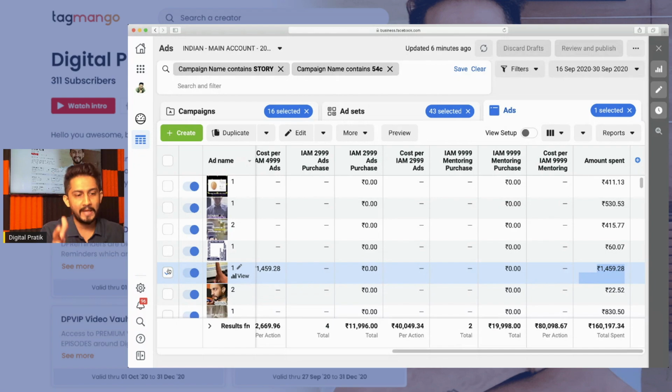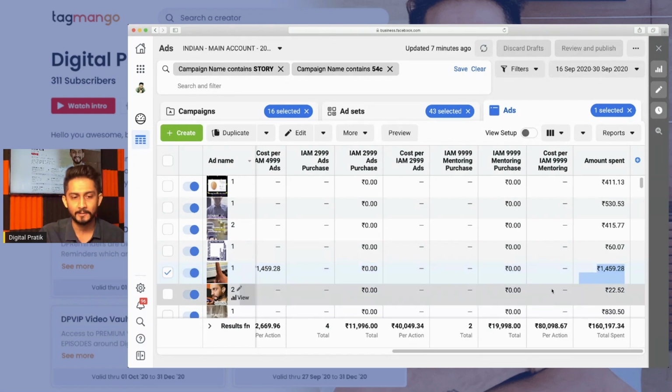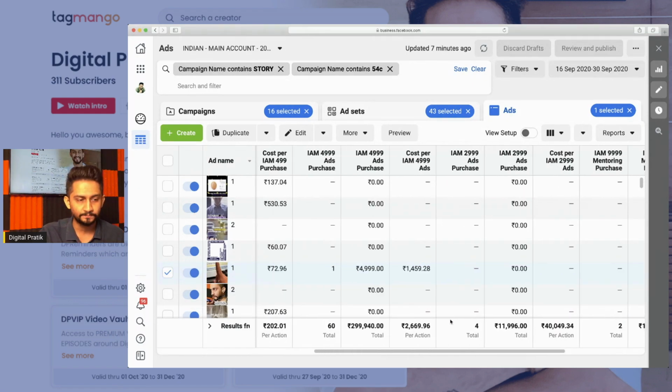So this is where I always keep my dashboard like this, so that I can track how it is going in the back end as well. I might be promoting a 500 rupees product, but in the back end, maybe people might be purchasing that. So I just track everything separately for an entire advertisement or an entire campaign or an entire ad set. So that's how we do it.